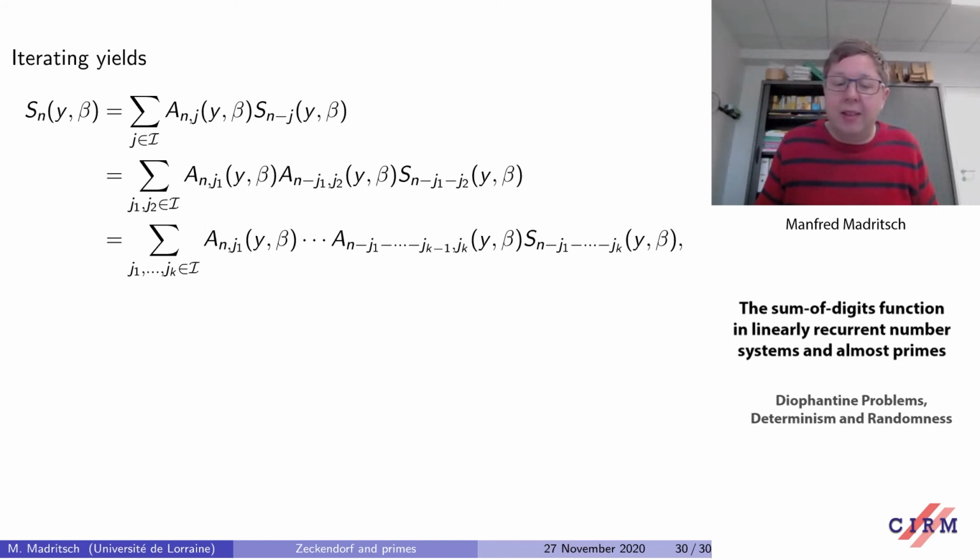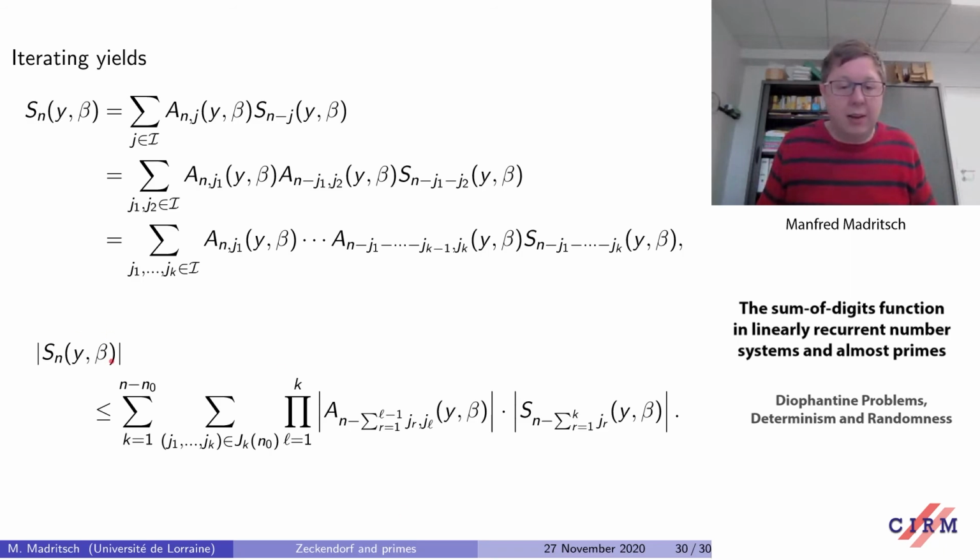And now you try to get an estimate for this sum, an L1 norm and an L1 norm. This is easy. This is more or less what was done by Mario Lamberger and Jörg Thuswaldner. So you have this L1, but for the L2, it's